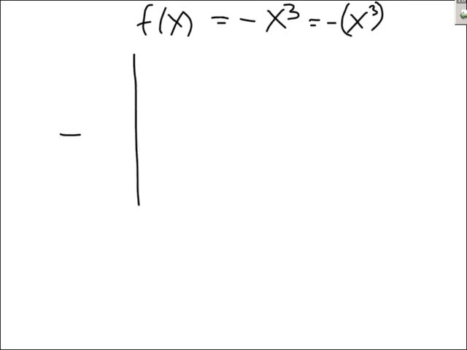Somebody asks you to graph f of x is equal to not x cubed, but negative x cubed. This is the same as x cubed with a minus sign in front of it. Okay, well, remember, x cubed, you go like this, and you go like that. But since we want negative x cubed, I probably should have dashed this, because it's not really the graph we wanted. And then all I do is I draw it